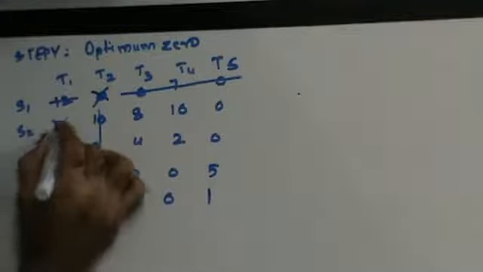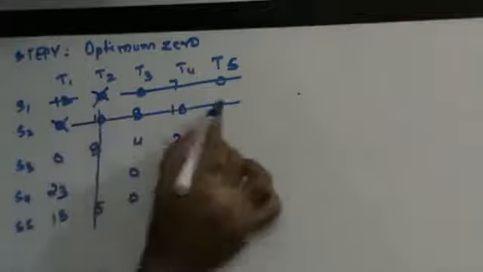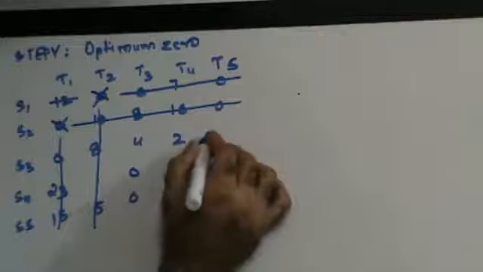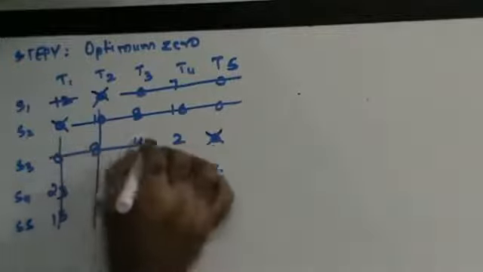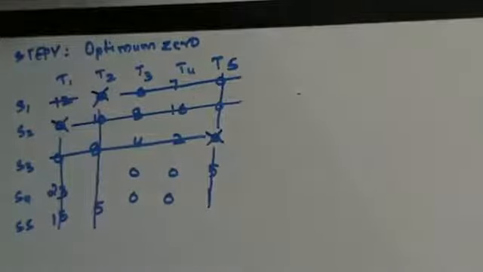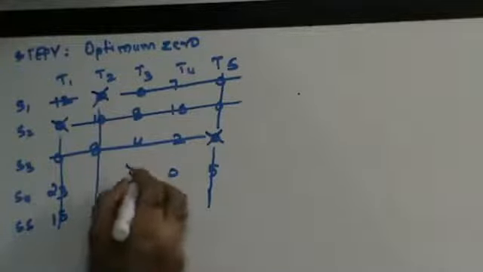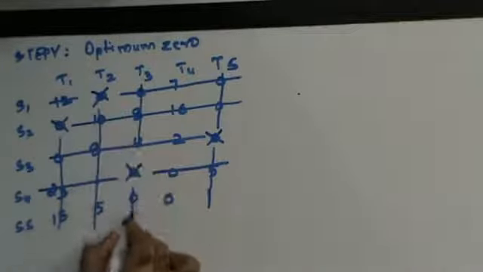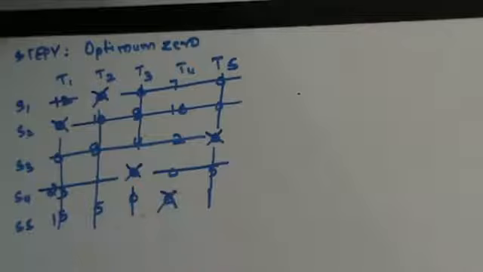Okay, so in that case this is gone and this is gone. In that case this is the only optimum zero here. So this is gone and this is gone, right? So I have 3 zeros. Now again I have 2 rows and 2 columns. I could select any one zero as my optimum zero. Let's assume that if I select this as my optimum zero, that means this particular row and this particular column is gone, so this becomes my final optimum zero.